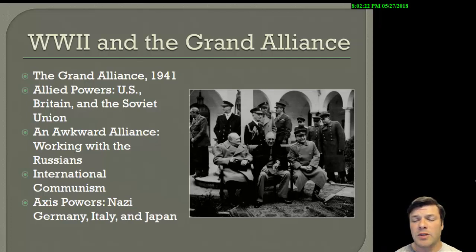What the United States brings is an unimaginable capacity to produce. We talked about this the last time we met. What the British bring would be control of the seas, in particular the Atlantic and the North Sea. That's really advantageous. And what the Russians bring, what the Soviets bring, is manpower, enormous amounts of manpower. So when you combine all of these three things, this is a really formidable force. You'll see what I mean here in a minute.